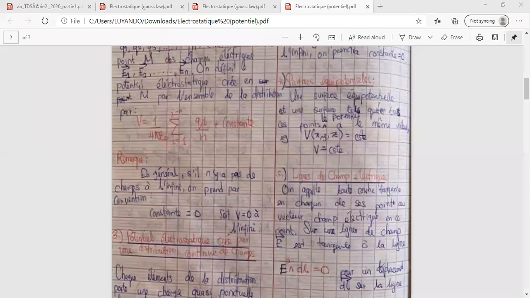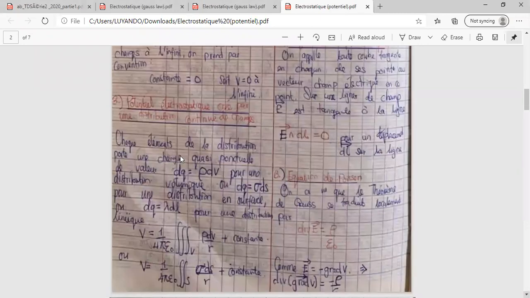So we have the electrostatic potential created by a continuous distribution of charge. Each element of the distribution carries a quasi-punctual charge of value dq. Quasi-punctual is like the Q; it's not Q, but it's almost Q. I think we discussed this: dq is equal to this for a volumic distribution, this for a surfacic distribution, and this for a linear distribution, meaning our potential respectively at this point is going to be